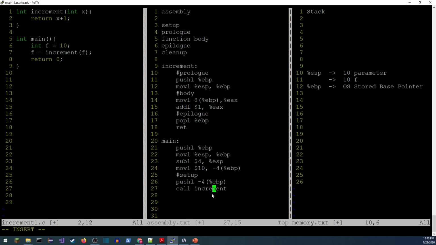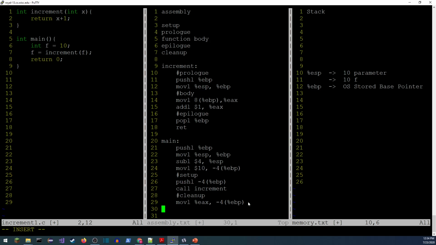Okay, so now this is the cleanup phase. Is that what I called it? Yep, I called it cleanup. So we need to do a couple of things. We need to make sure the return value goes in the right spot. And right now, that return value is in register EAX. So the first thing I'm going to do is move the contents of register EAX, and I want to store it where variable f is stored. And that's going to be 4 bytes above the base pointer. And again, this is a local variable domain. Locals are lower, as in negative numbers, so it's going to be minus.